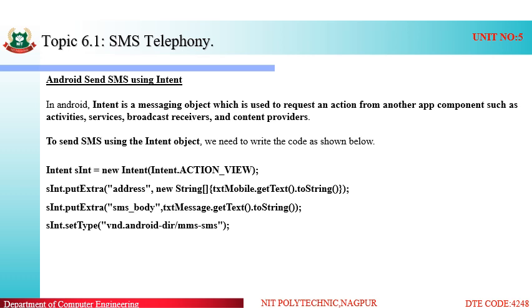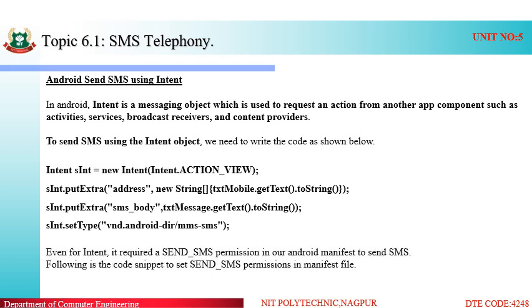So using these four lines we can programmatically create our message plus enter the address, that means the mobile number, sorry, which is required for the intent to send. For both facilities, that is using SMS manager and intent, we have to implement the permission inside our Android application. Here also we have to implement it in the manifest.xml file. The uses-permission functionality needs to be implemented, that is android:name of SEND_SMS, the send SMS permission is needed.